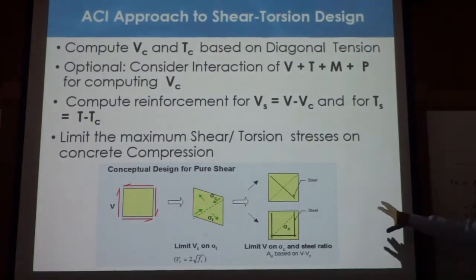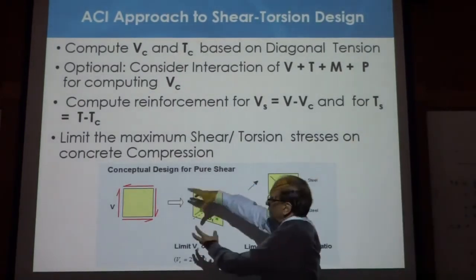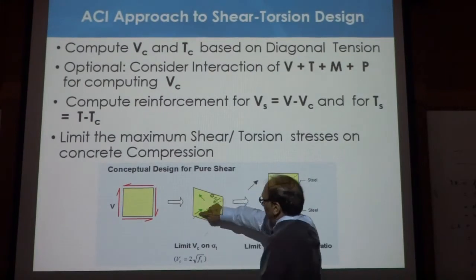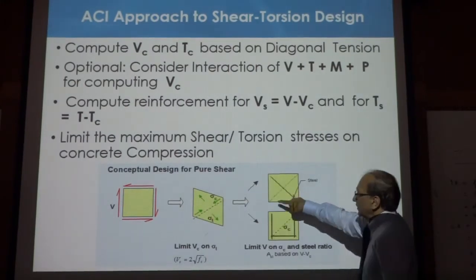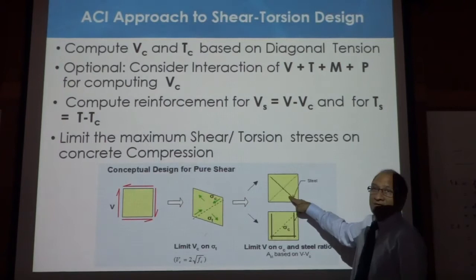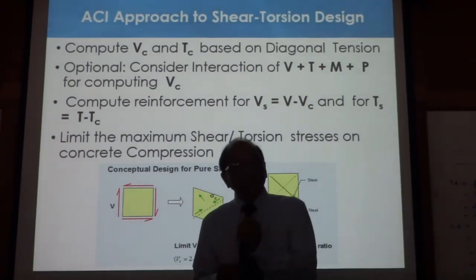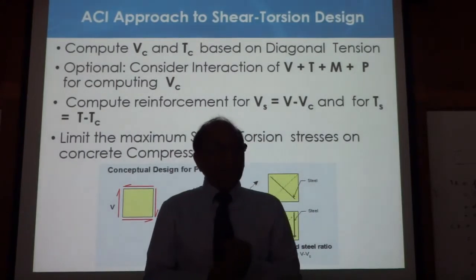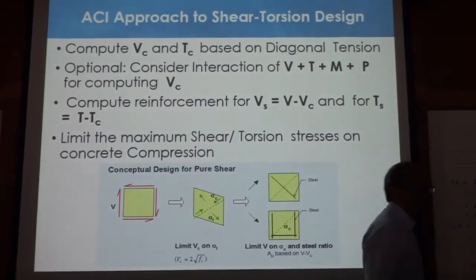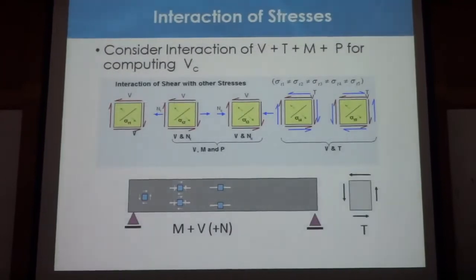We also talked about shear, and we talked about if you have shear, it produces compression and tension, and the thing fails in the tension direction, and we can put a stirrup there, and we can stop the shear failure by adding reinforcement. It takes all the tension, correct? So I'm just repeating what we already discussed so that you understand where we are now.